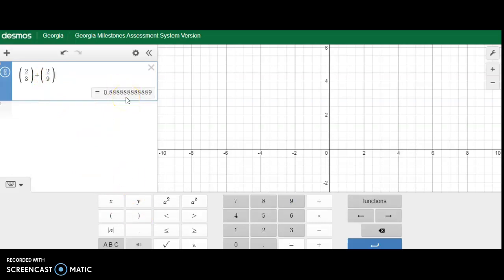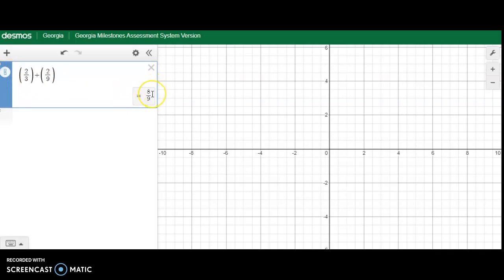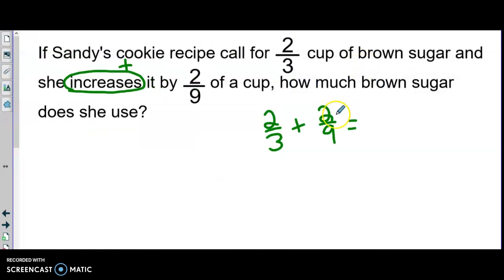Now it gives me the answer as a decimal, but I can convert that to a fraction by hitting this fraction to decimal button. And my answer is 8/9. So she used 8/9